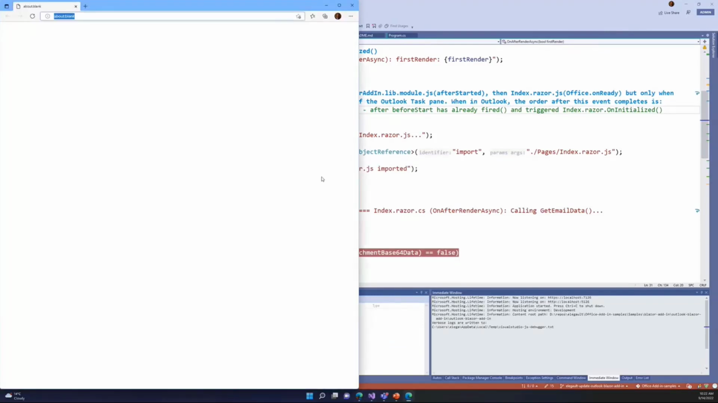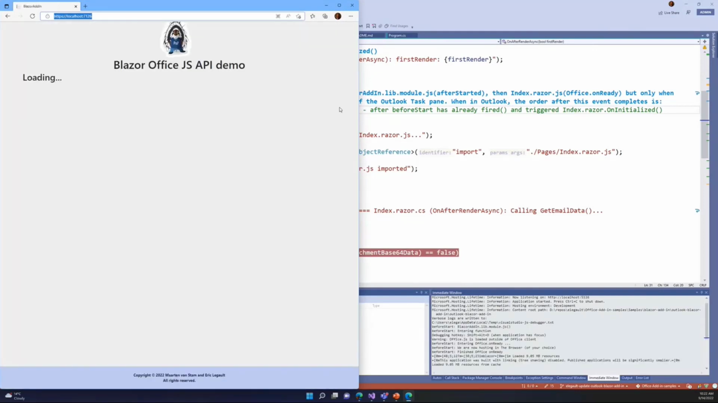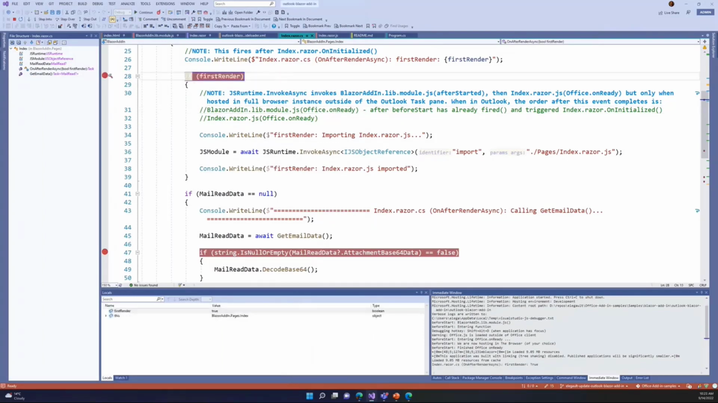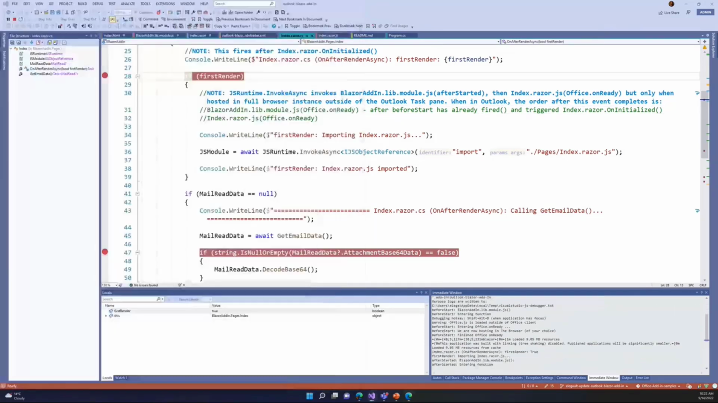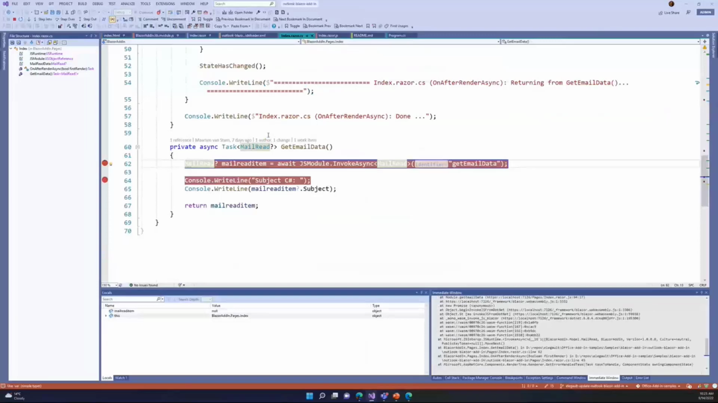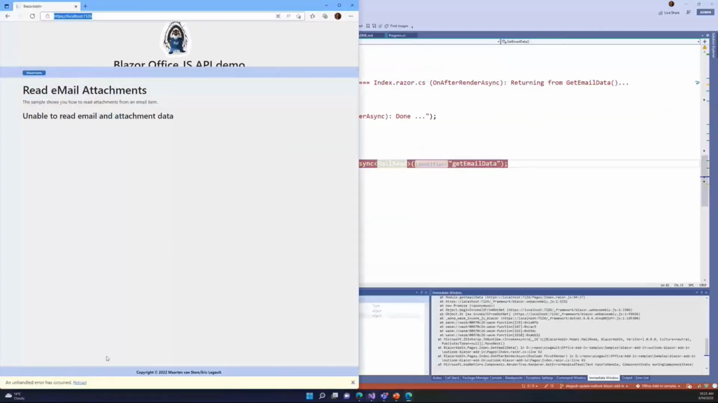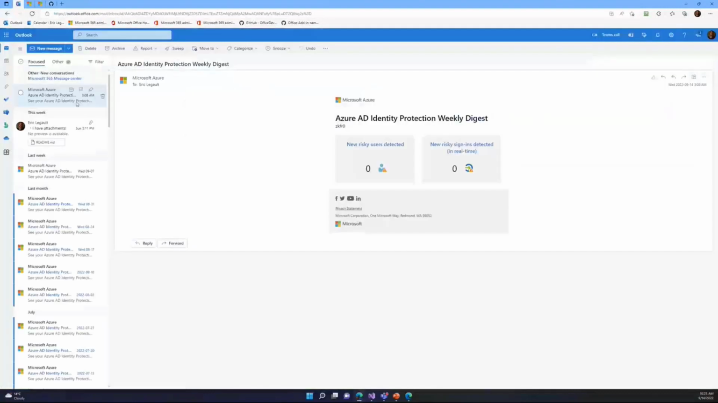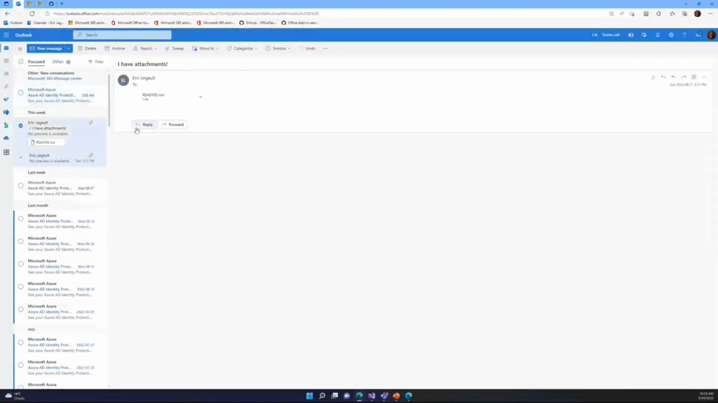It's going to be loading an instance of a browser, but this is not where we want to showcase everything because it's going to fail, and I'll just blow through these breakpoints because it's not hosting the Office runtime, obviously. So you're going to get an unhandled error on the bottom. But if we go to Outlook, find an email with attachments, load our add-in,